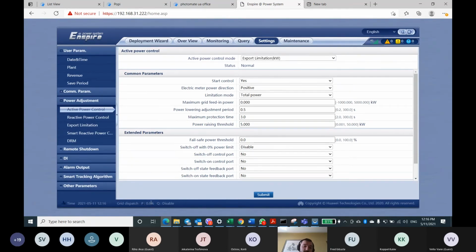It means what command is sent to the inverter. Now we don't have any inverter connected, so we have 0% here. If it were a real installation, you would get not 0 here, but